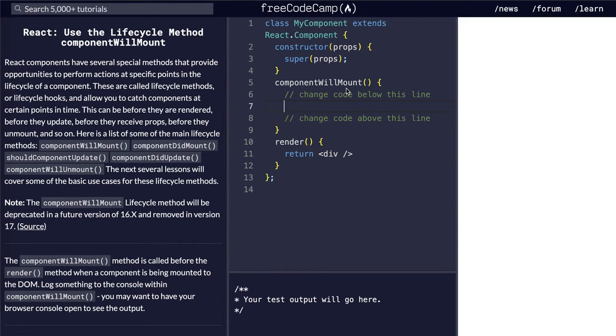In this video we're going to be doing a freeCodeCamp challenge of the React section and learning about using a lifecycle method called componentWillMount. So React components have special methods that provide opportunities to perform actions at specific points in the lifecycle of a component. These are called lifecycle methods or lifecycle hooks, and they allow you to catch components at